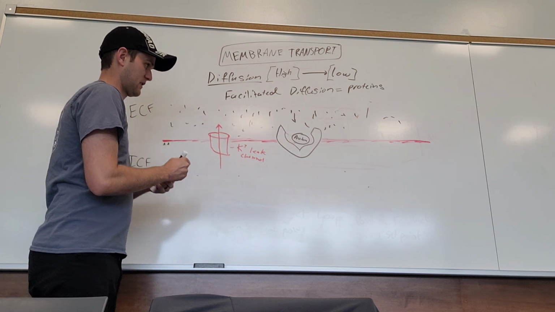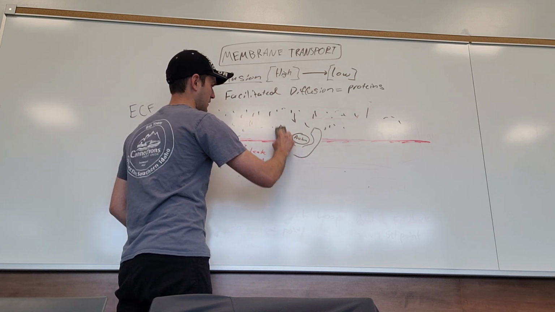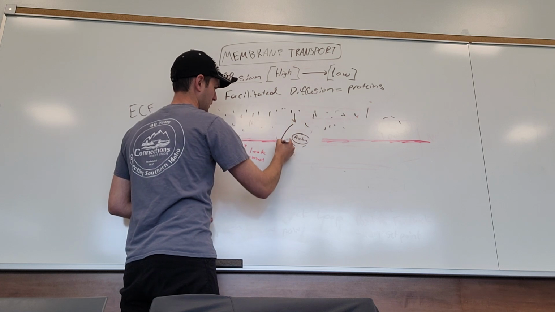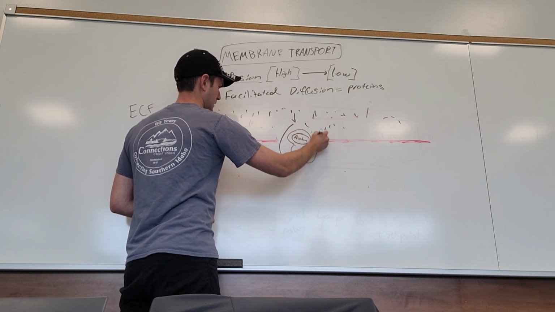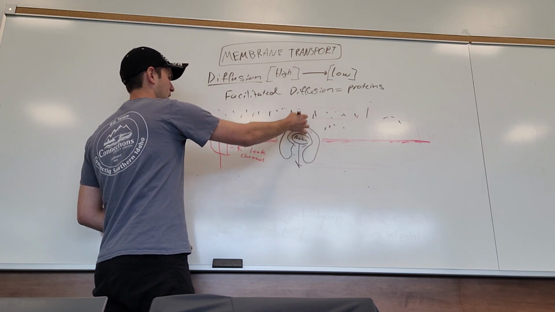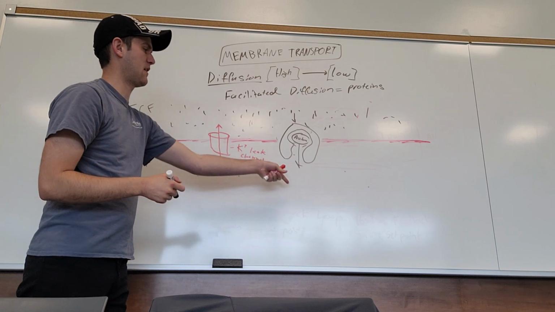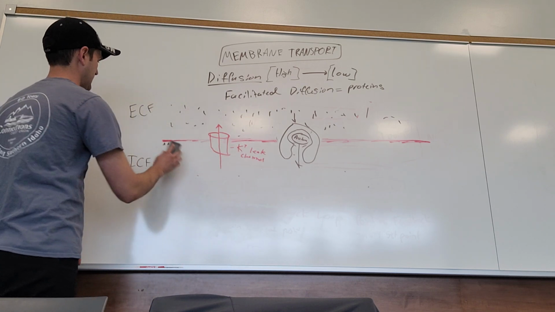And what that's going to do is cause our carrier protein to change shape. So it comes in here, and now it's going to kind of reverse itself. So now it's going to do something like this. Now it's open on this side, and then it's able to go through. So it'll enter that side, bind, and then change the shape of the protein so it spits it out on the inside. Okay, now,